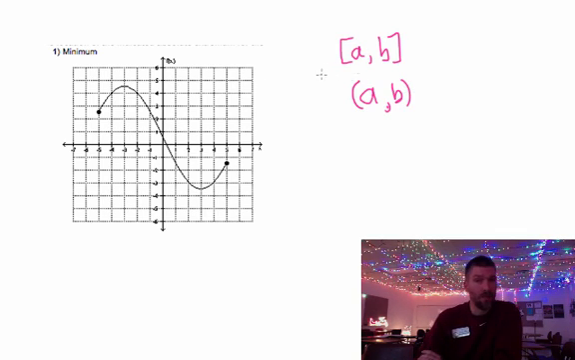Brackets mean that a and b are included. Parentheses mean a and b are not. So if we're going to find minimums here, there's two places that I'm really interested in. One, it's this endpoint right here. Notice at that endpoint, I've got no values lower than this y value, okay? And so I would say that I have a minimum when x equals -5,